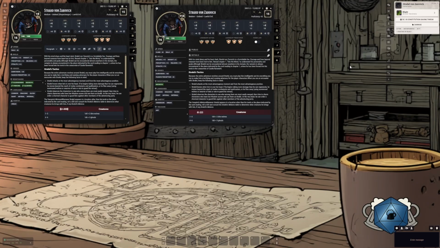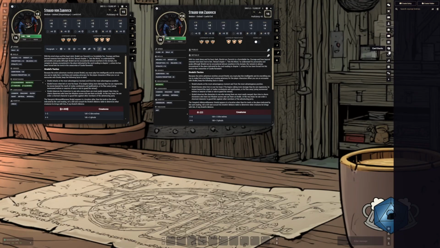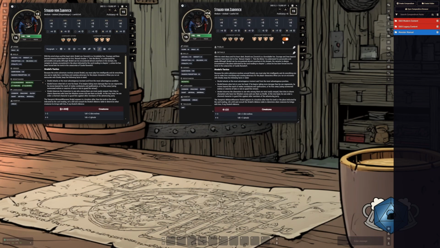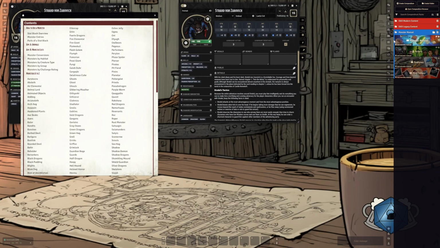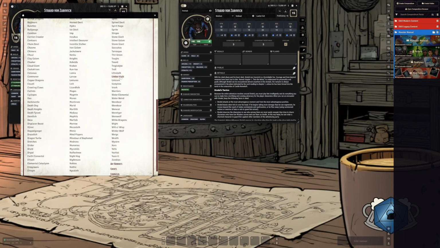Now, if you only have the SRD content and you're trying to make it off of the SRD, you don't really have the information on how the 2024 rules handles lair actions. One simple thing is, as I pointed out, you can say, well, he's inside his lair and this is the legendary actions. So that's why I activated the monster manual. If I activate the monster manual and I open up the journal here and go to the page on vampires,